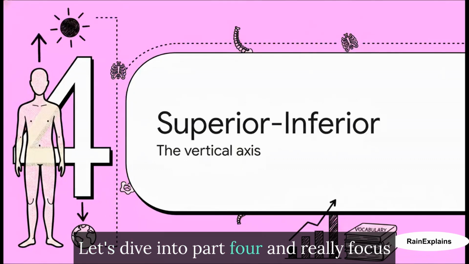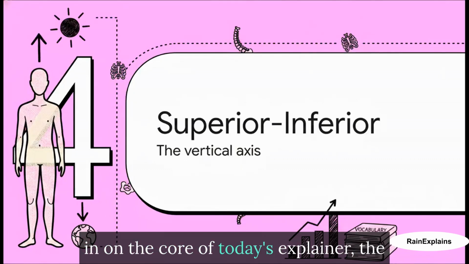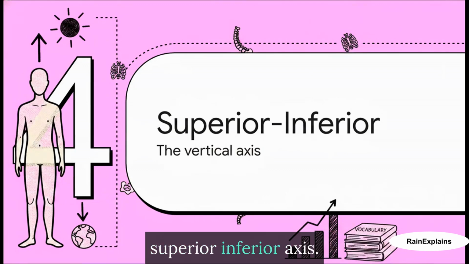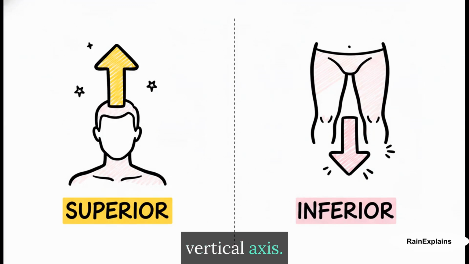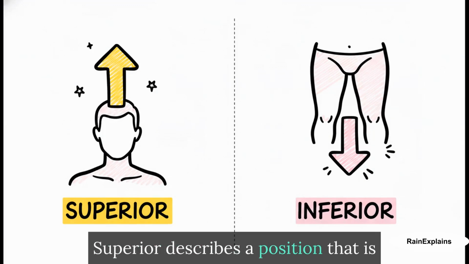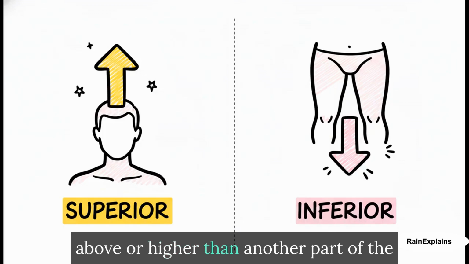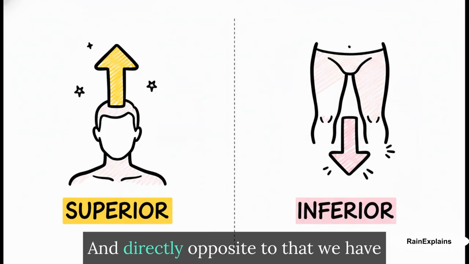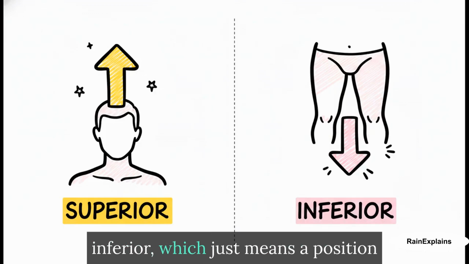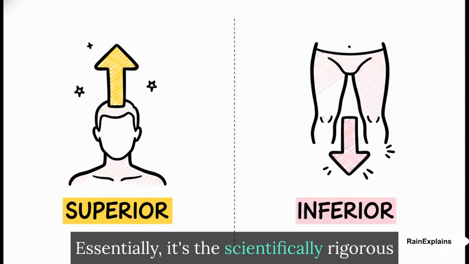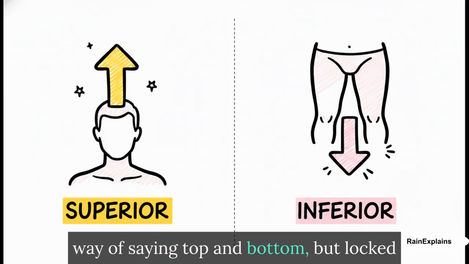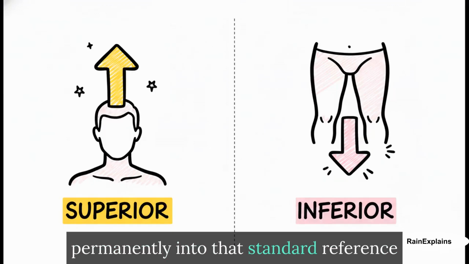Let's dive into part 4 and really focus in on the core of today's explainer, the superior-inferior axis. Let's look at our first binary pair on this vertical axis. Superior describes a position that is above or higher than another part of the body. And directly opposite to that, we have inferior, which just means a position below or lower than another part. Essentially, it's the scientifically rigorous way of saying top and bottom, but locked permanently into that standard reference position we